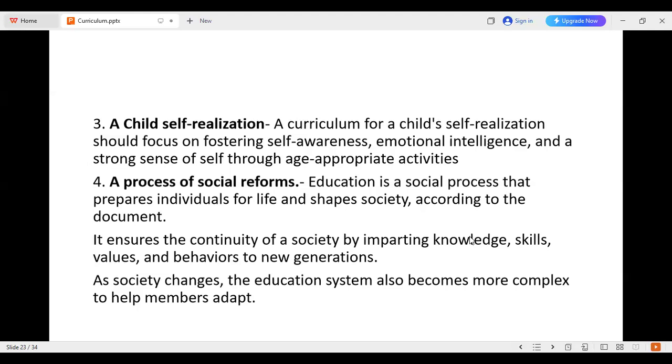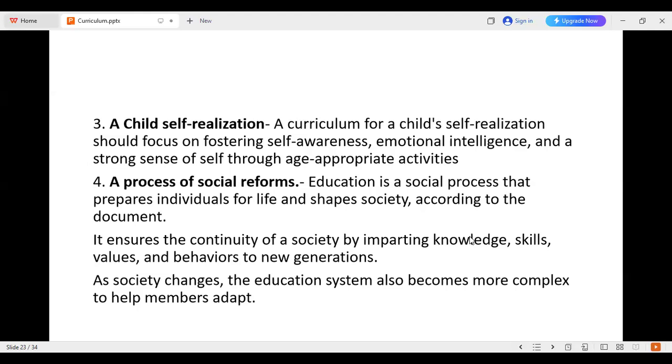Learning is an involvement. Learning is an activity. According to this view, everything they do not get from their teacher, everything they do not get from the books, but they involve in self-learning. Through different experiments, they create knowledge by doing practical work. They develop their innovative skills. They discover new knowledge. That is another view. The curriculum should facilitate it for child self-realization,